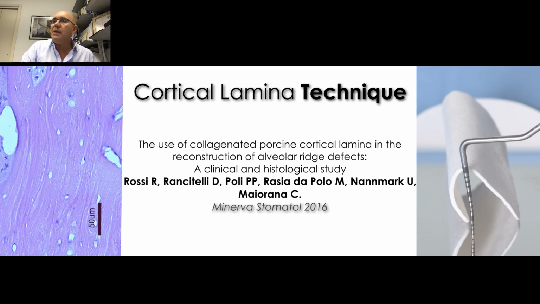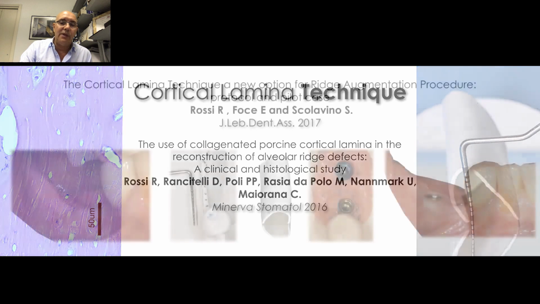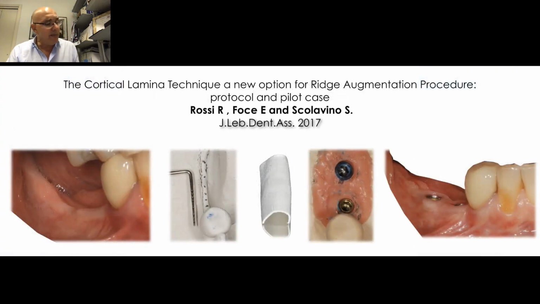So the lamina basically gets resorbed and substituted by the bone that is underneath. It goes through a process of mineralization, and when you open the flap, most of the times you don't recognize the lamina anymore as you placed it at the time. But let's look at another publication that we did in 2017 that describes step by step the procedure of application